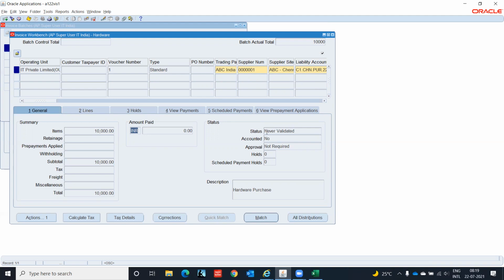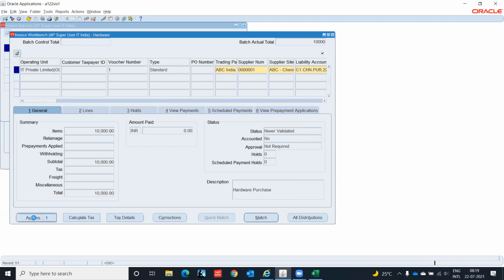Under the status, never validated means this what we entered is correctly entered as per the system, yes or no. You think that you have entered correctly, but the system is saying it is never validated, so I cannot guarantee. So you have to do the validation.